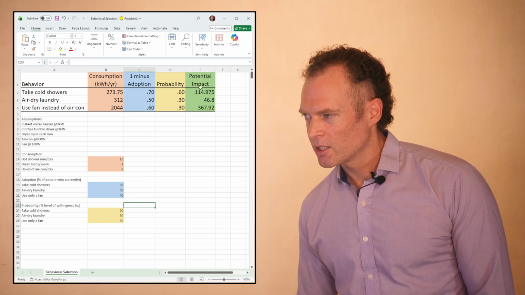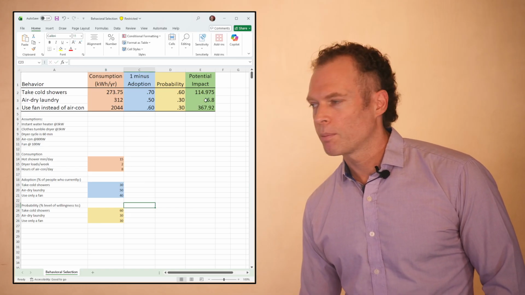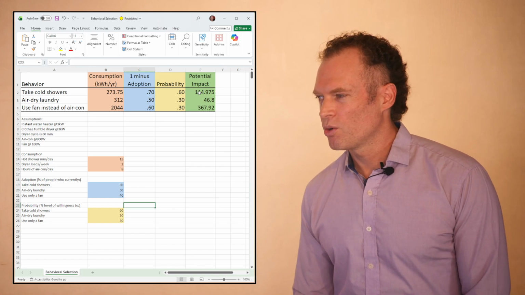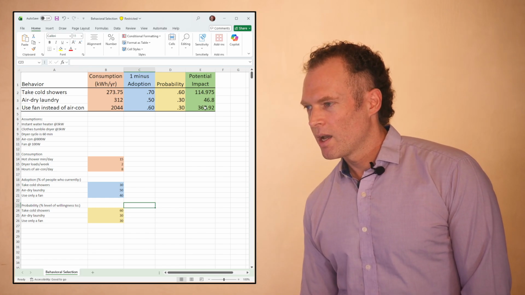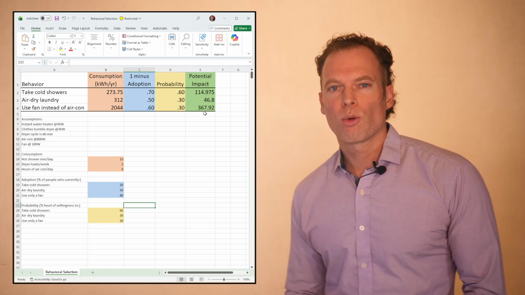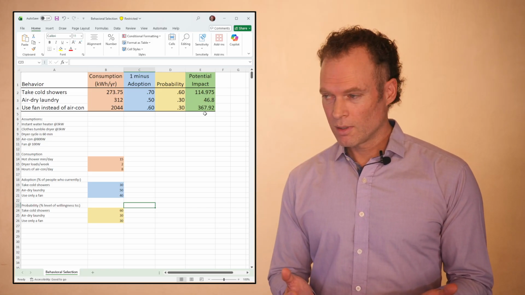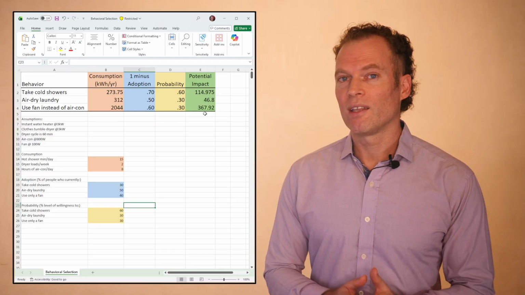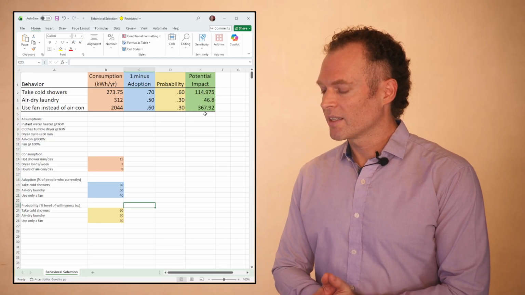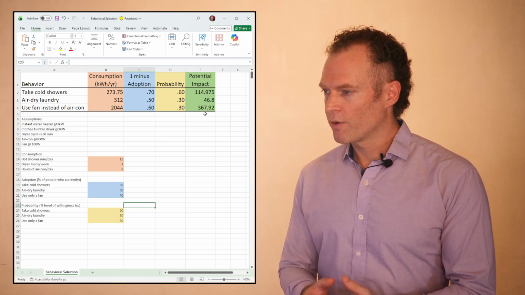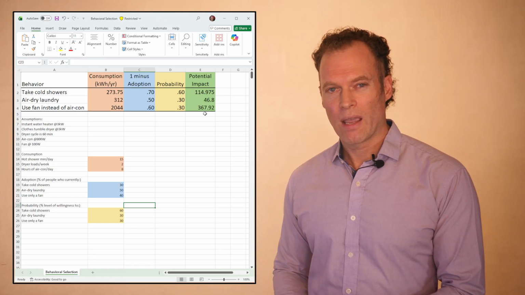And what we can see is this is populated, and these are, again, made up numbers that show a potential impact that's roughly corresponding to annual energy conservation. And we see using a fan instead of aircon has by far the biggest number here. So based on these assumptions, and based on the numbers I made up, right, I would ideally find good data on these things, I would conclude that using a fan instead of aircon is an ideal behavior to target.